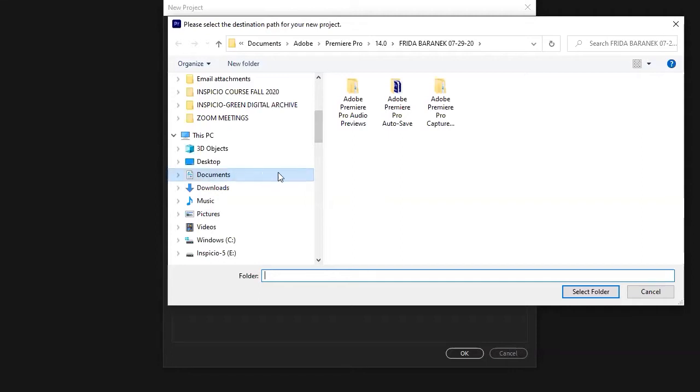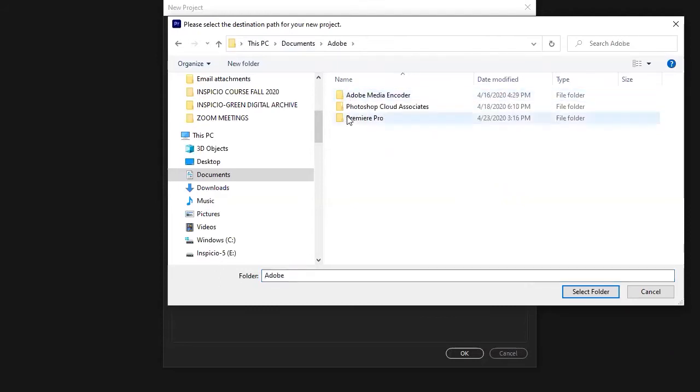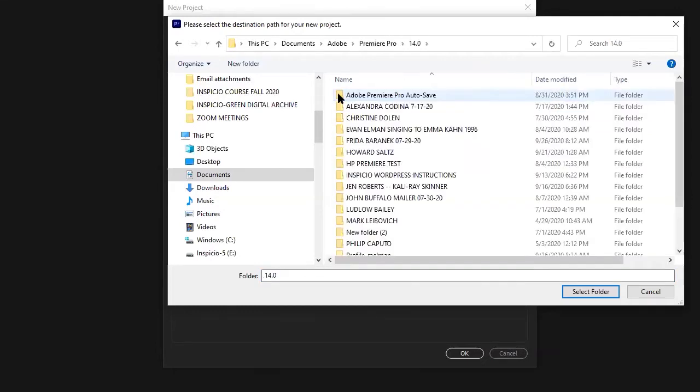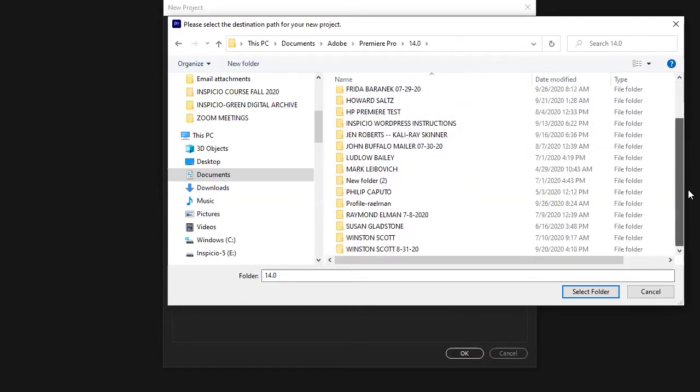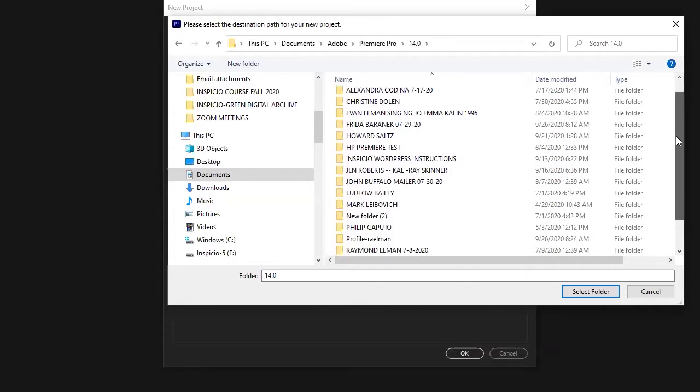It wants to save this project file in documents, and I'll go back to documents so you can see this. So documents, Adobe, Premiere Pro, and then for some reason it's 14.0. I have no idea why, but this is all the folders I have for video editing that I'm working on. So I'm going to start a new one